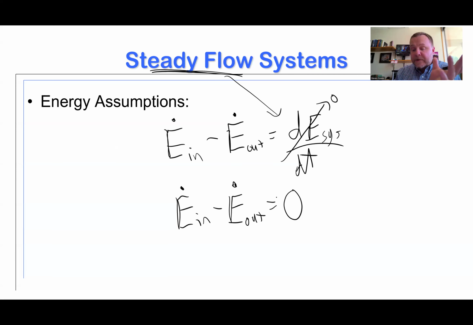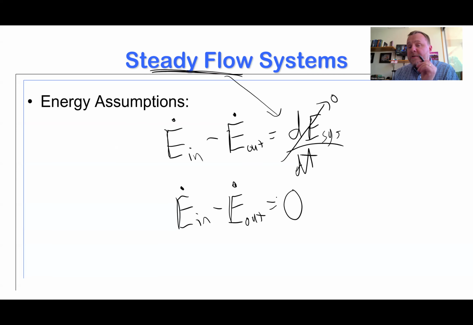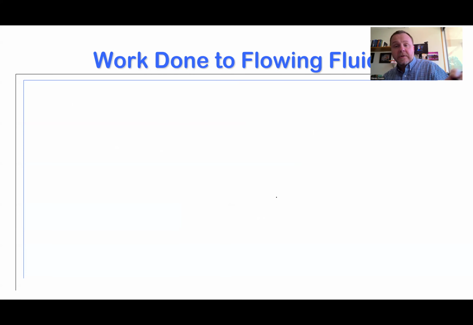And now I don't have differential equations. Now the conservation of mass is no longer a differential equation. Now the conservation of energy, no longer a differential equation. I don't need to understand differential equations to solve this. I just need to know the rate at which energy comes in minus the rate at which energy goes out. That sum is zero. So the last thing to mention here, I think we can get this done in this video, is the work done by flowing fluid.